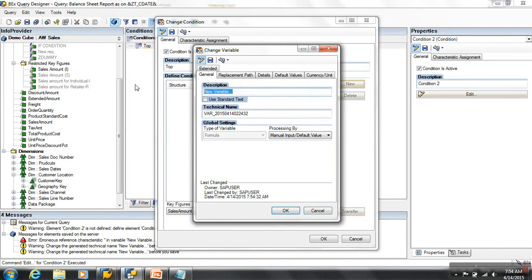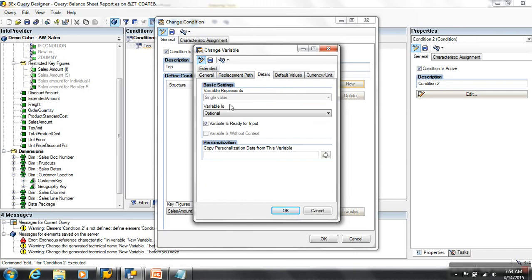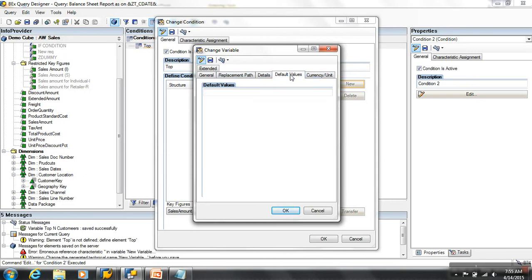Create. Top n customers, and then I say ZDef. Remember this name, ZDef top. What is the processing type? Manual entry input. Then details: single value, optional, ready for input is fine. And formula is an important property.